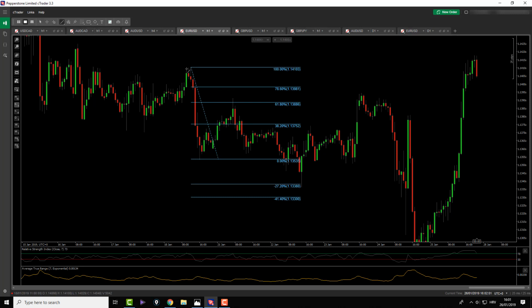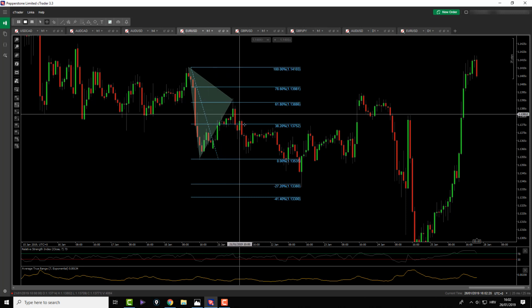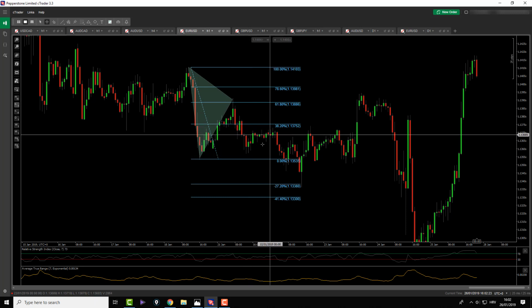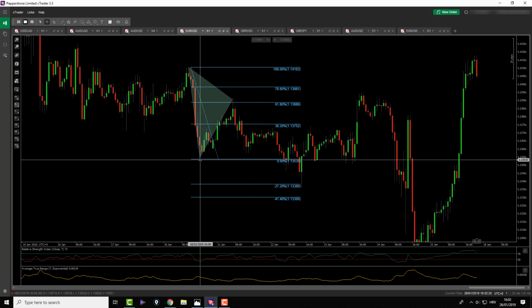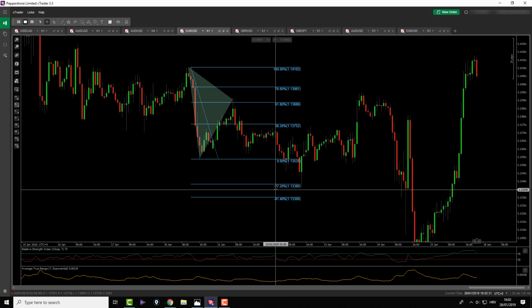Okay, so this is X to A. Actually, I will not draw this. I will draw the triangle. Let's go. X to A right there, and we have A to B point. Now we are looking for the extension. Where did the price end up going? So as you can see here, price made a move lower, retraced a little bit, broke below this wick and gave us a new lower low, which actually tested the fib extension